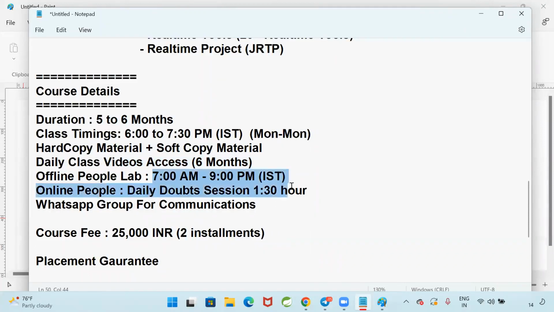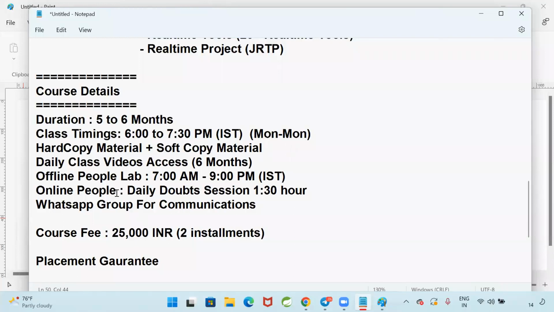Lab facility will be available for you. As I mentioned, a coordinator will also be available for you. He will help you with your practice. If you get stuck somewhere, I may not be available in the lab. I will come to the class directly. He will help you resolve your doubts. Morning to evening, the lab will be open. Sunday also the lab is open. At any time you can come and practice. You have to practice. Otherwise, there is no use.